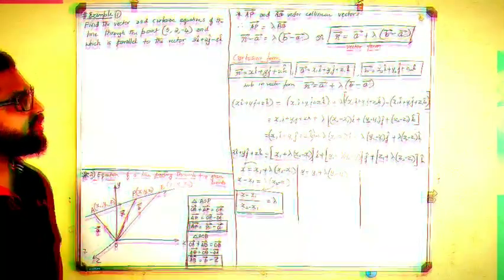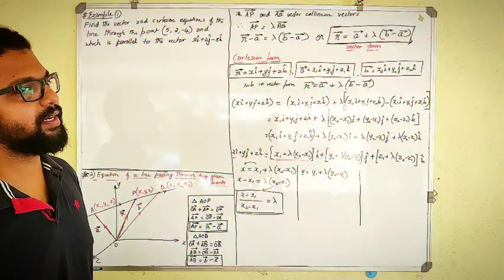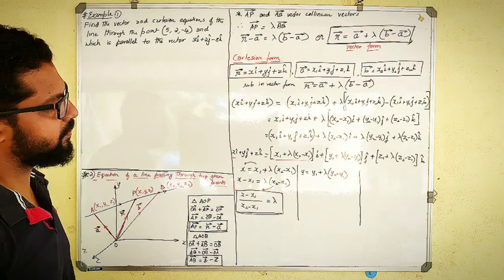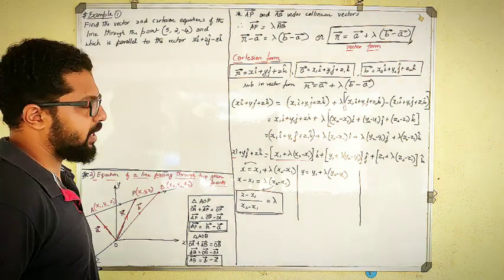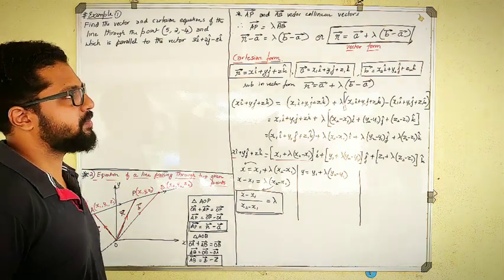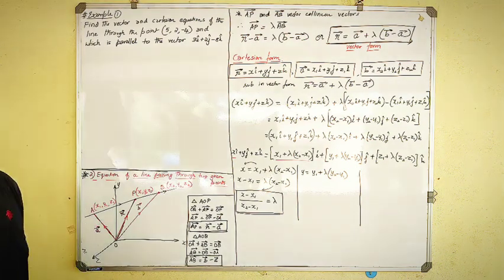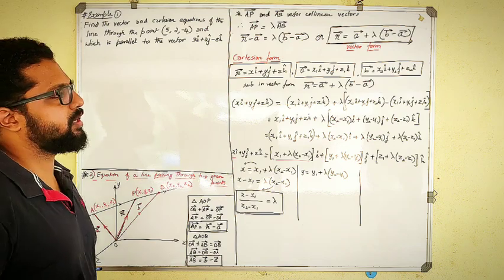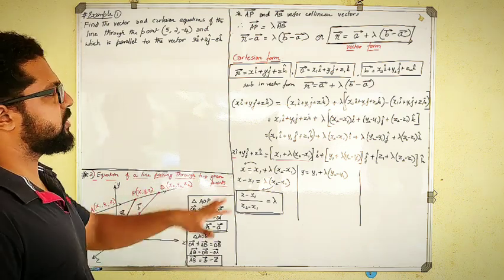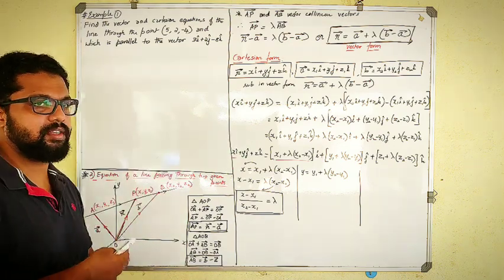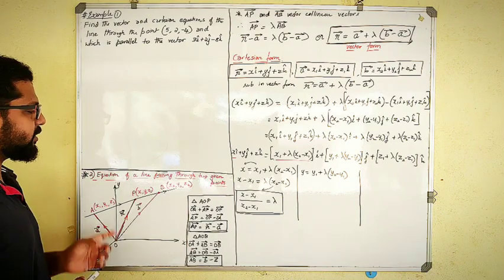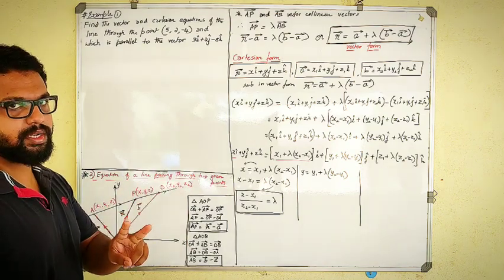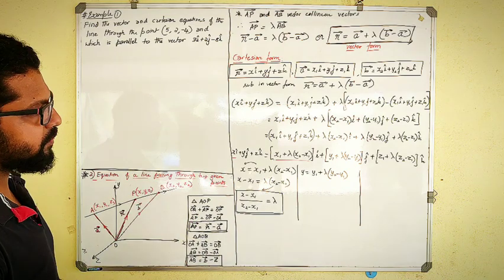So in the previous video, we have come across the vector form and the Cartesian form of a line which is passing through a point and is parallel to a given vector. Correct? So that one example I will solve based on that previous derivation, and then we'll move on to the second derivation which I had mentioned in the previous video itself, regarding the equation of a line passing through 2 points. So two ways of deriving an equation of a line.